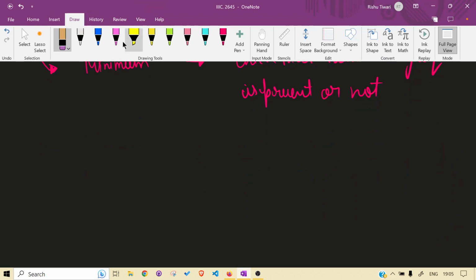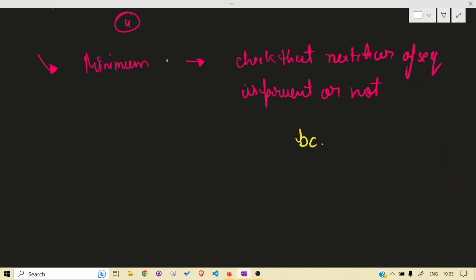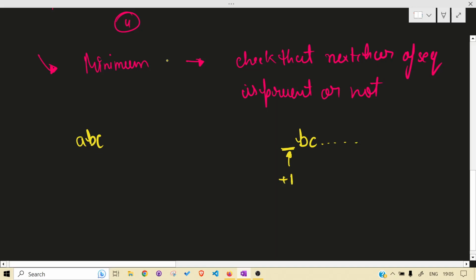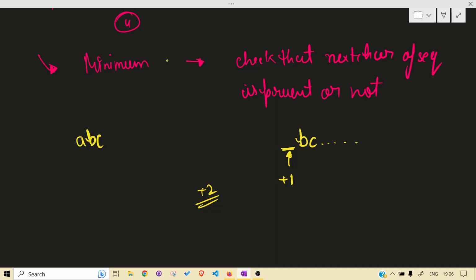For example, if we have something like this, b, c, and this is some string, it is not starting from a, but we require a, b, c. So we will add only +1 insertion over here, not +2. We cannot pre-assume that if it is not starting from a, then it will not have b and c. Also, we cannot pre-assume that